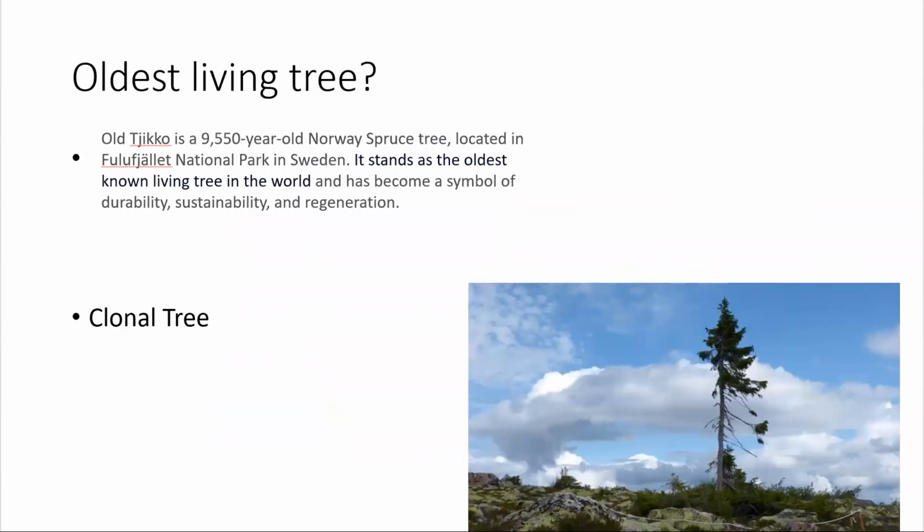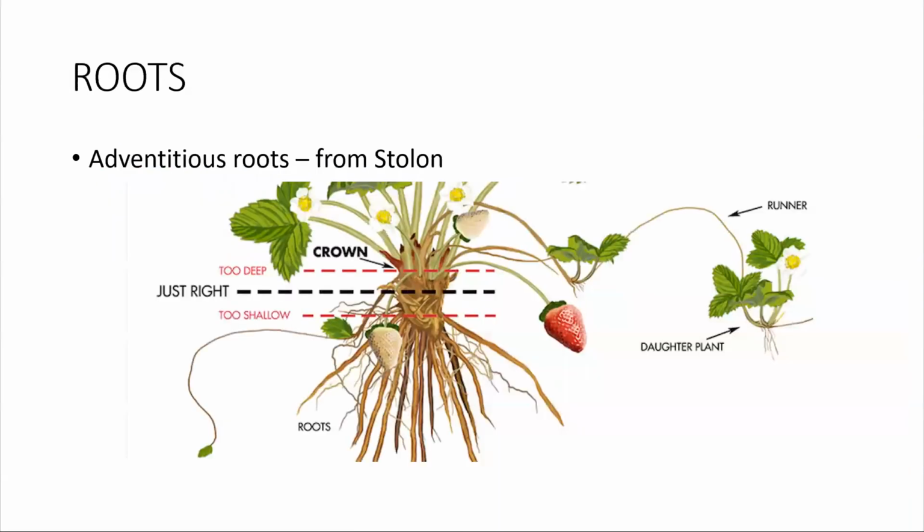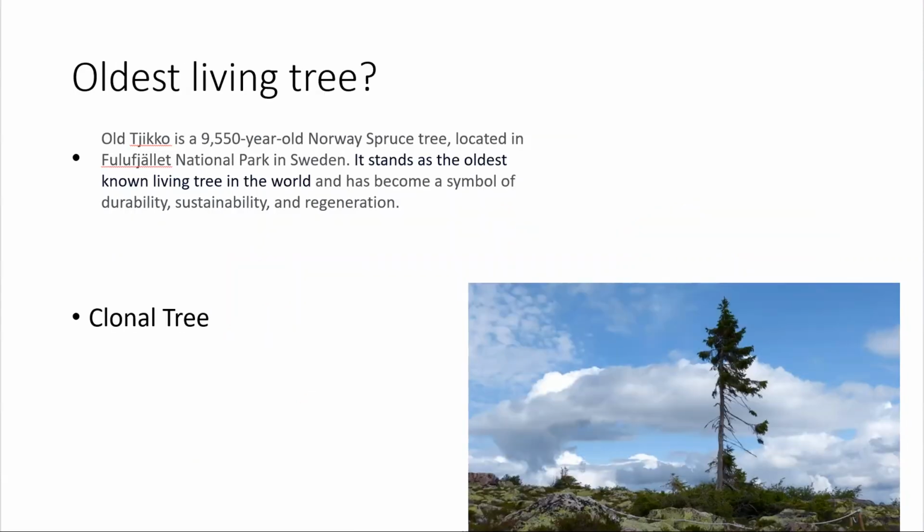A little bit more about that. So if we're talking about things like this, right? Well, here is technically, I guess technically, not really though, the oldest known living tree. A 9,550-year-old Norway spruce tree called Old Tjikko. I think that's how you say it, but I'm not sure. Located in Sweden. It is the oldest known living tree in the world and has become a symbol of durability,